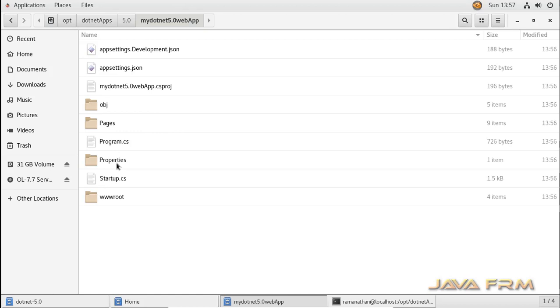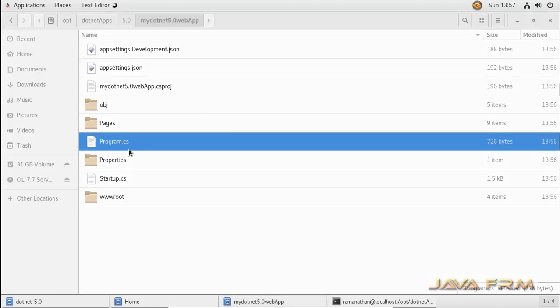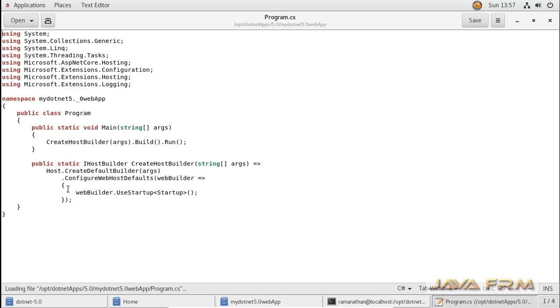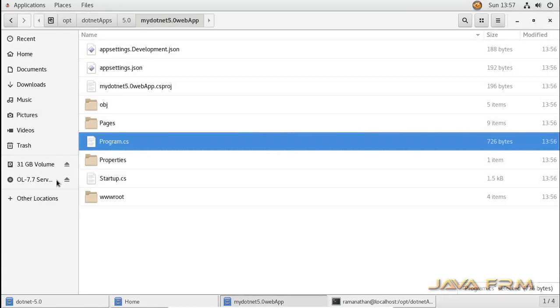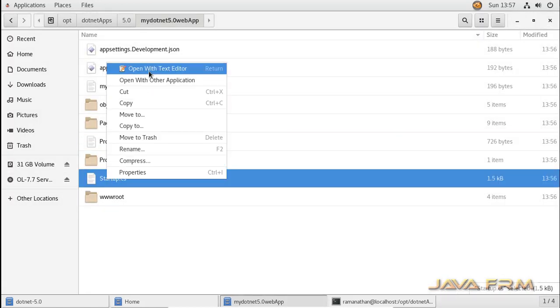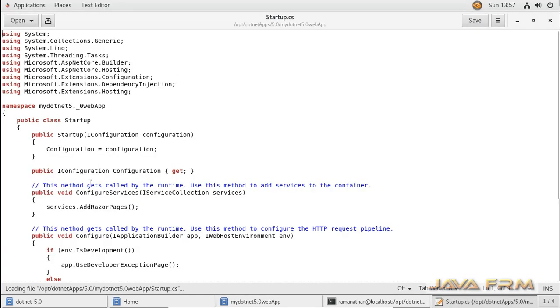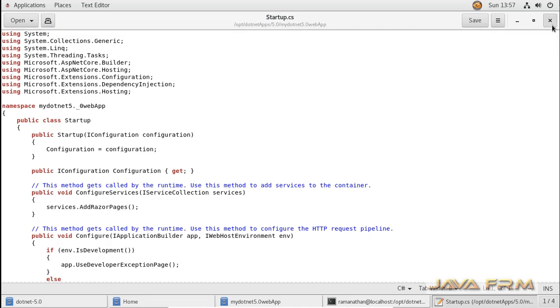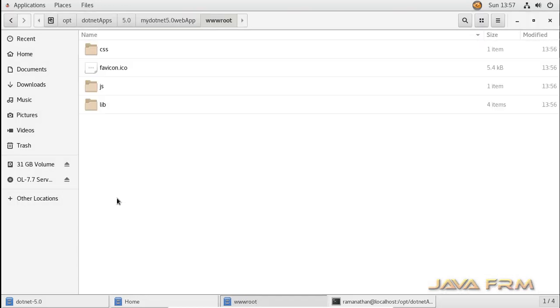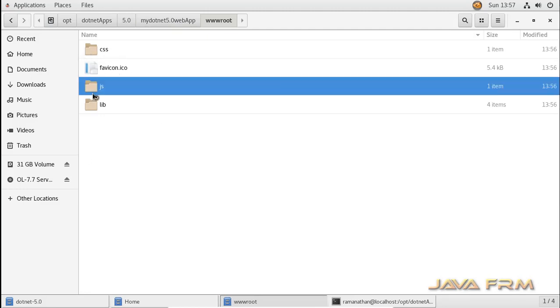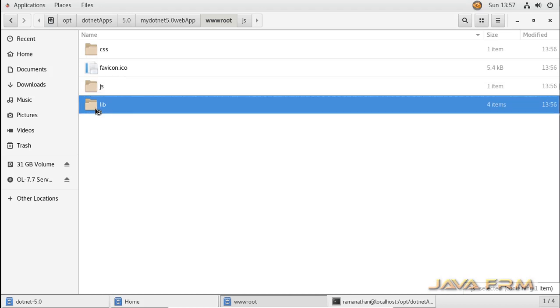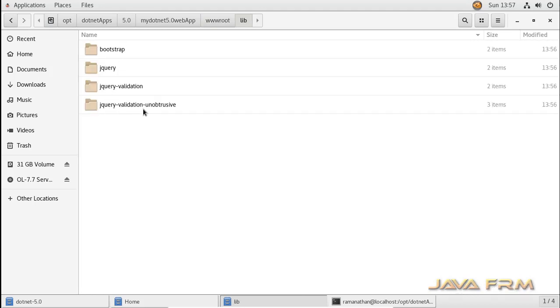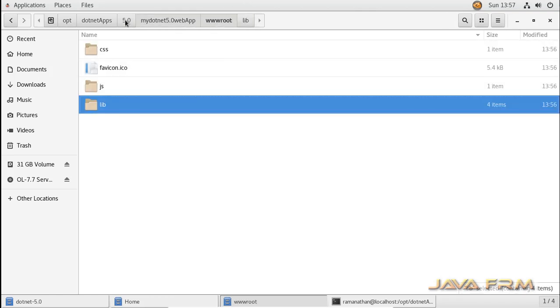This contains many HTML files, and C# files are generated. So if you are aware of C#, you can modify the C# files and add extra logic to these programs. So everything is good here. For JavaScript, it contains Bootstrap and jQuery. So these are default frameworks available in .NET.